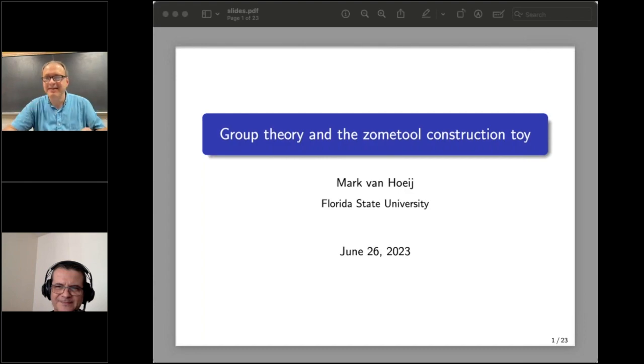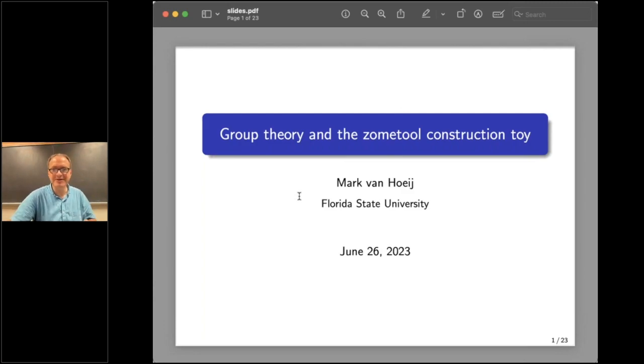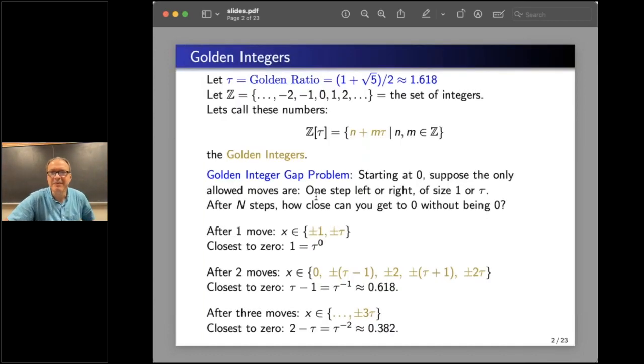Thank you very much. So today's talk is about zometool. Just to show you a couple of things that you can make with zometool. So it's basically a construction toy, but there's some interesting math behind it, and that will be the topic of today. So first,